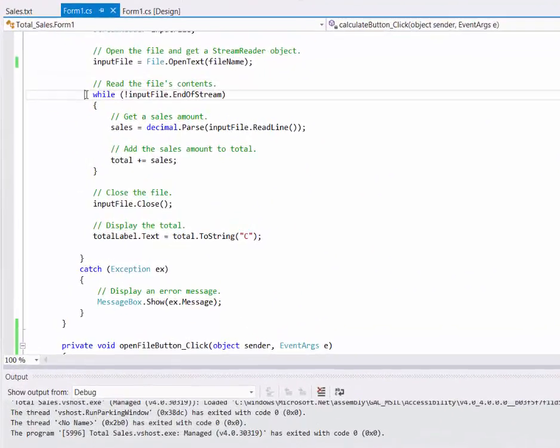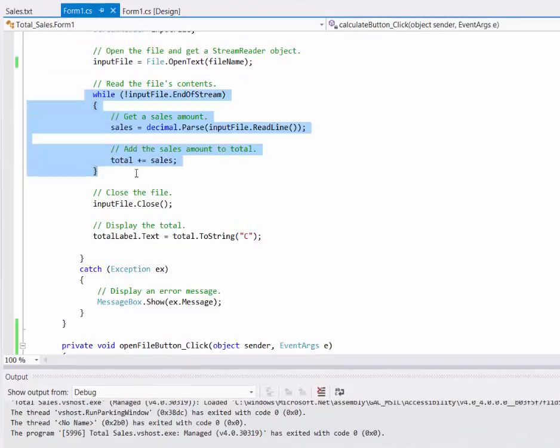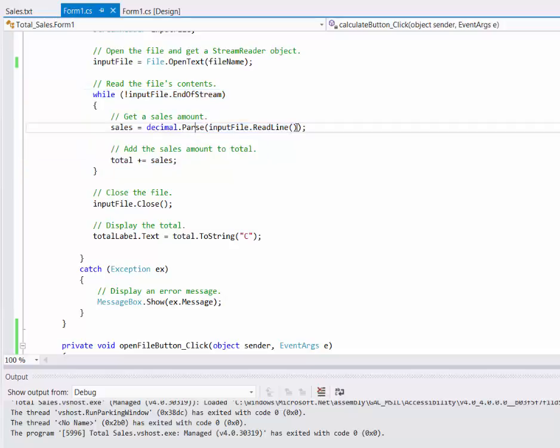We then loop around through the file till the end of the file has been reached, and while we are looping around, we read the value of each line using the readLine method. We parse it and store it inside sales, and then we increment the total value with the sales. So this total plus equal sales is nothing but,